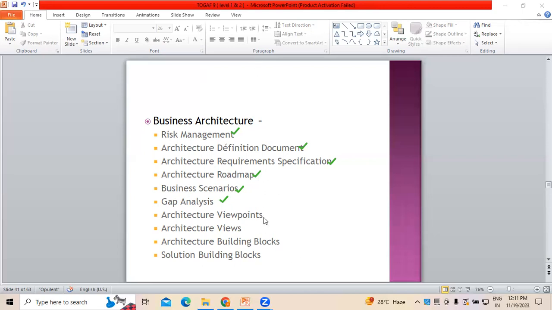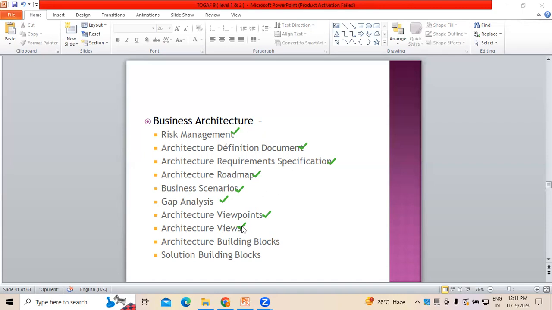At the same time, we must have a clear understanding of the viewpoints of the architecture, because one has to understand different viewpoints from different directions when developing or trying to understand the business architecture. So architectural viewpoints have to be understood in detail, because perception towards providing solutions, at the end of the day, will be as separate as it is different. Along with this, the different architectural views we have, and the understanding level of them, are essentially needed.